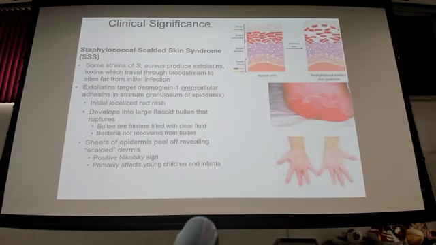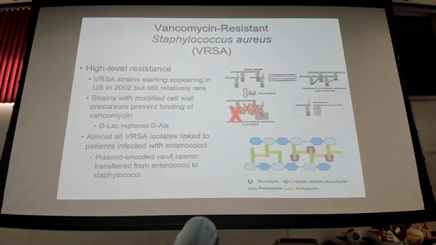Scalded skin syndrome, we talked about a little bit. That exfoliating toxin is working on this intracellular connective protein called desmoglein, and it's cleaving that, and that's causing disruption of the outer layers of the skin. In addition to the lab, you have that positive Nikolsky sign you want to watch out for. Which demographic is usually most commonly affected by this toxin? Young children, yeah. Good. Okay. And then the foodborne one that we talked about as well, just make sure you glance over that. Or study it hard,